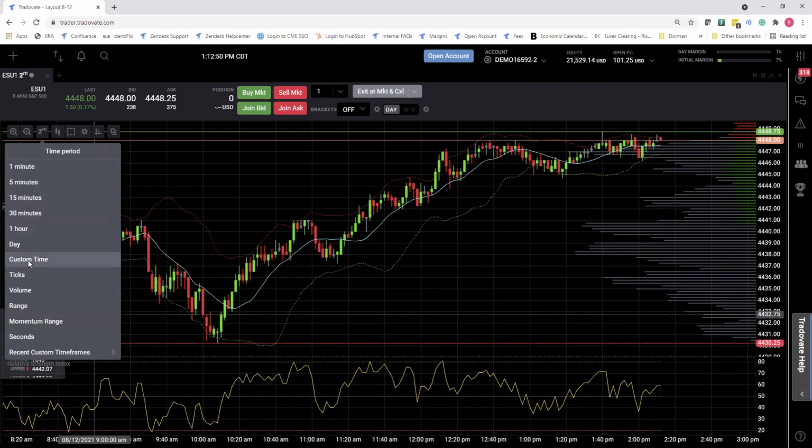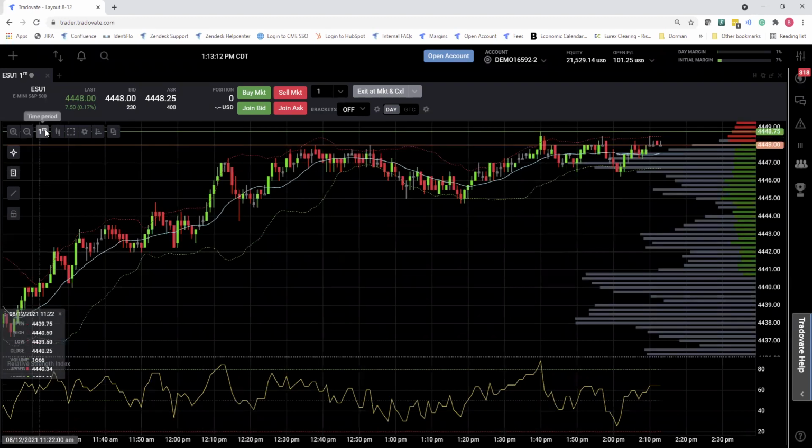And as you can tell here, we don't just have time-based time periods, but you can also load tick charts, volume charts, range bars, and second-based charts. So you could do very short time periods as well. If you want to see a 10-second chart, you can do that too. Let's go to a 1 minute now, and I'm going to go to the next setting, which is the chart